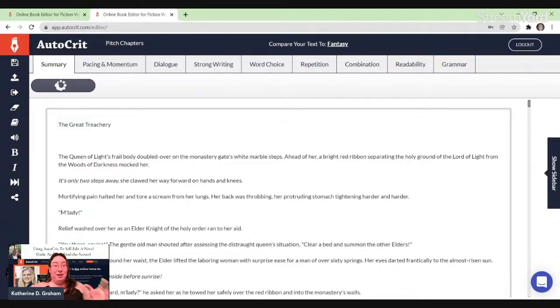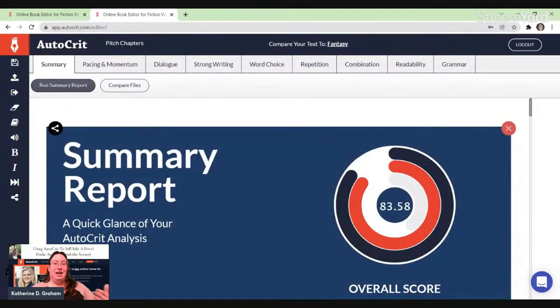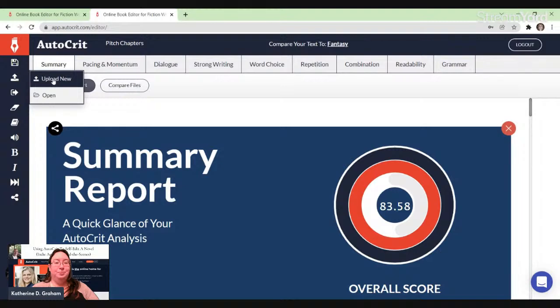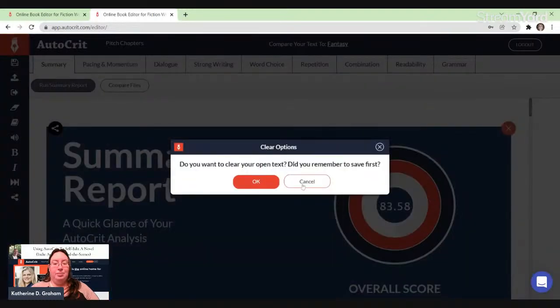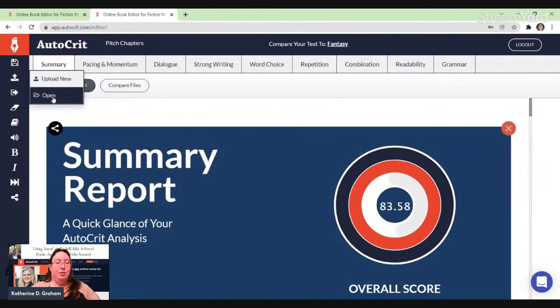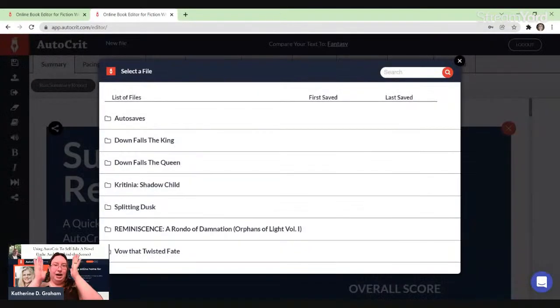So that's the benefit of it being online. I didn't have to upload Critinia all over again like you just saw. I could just switch to the file I wanted to work on. When I did Vow, I don't want to upload new, I want to open. When I did Vow, I decided that my first run through I was going to upload the entire document, which I did,